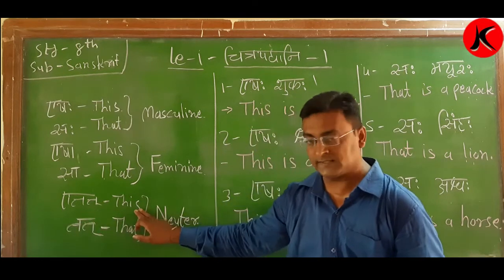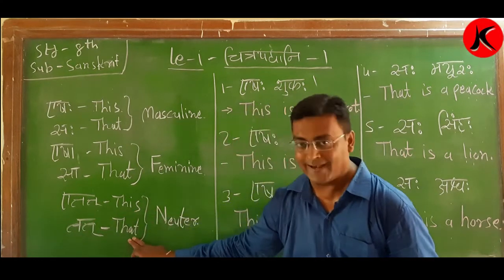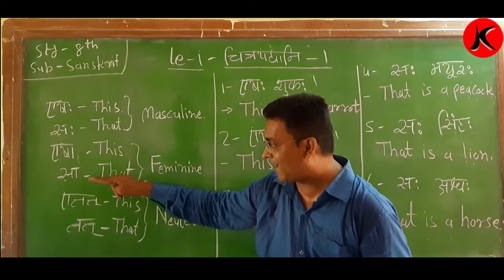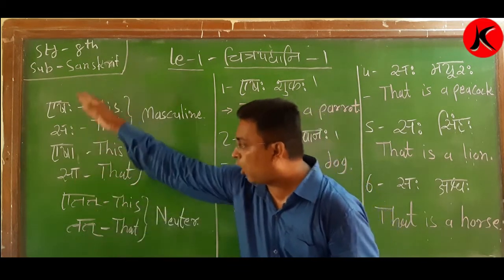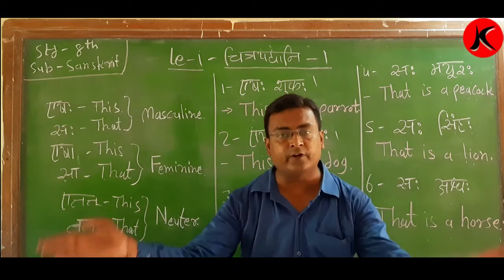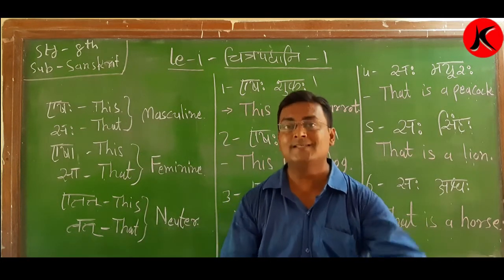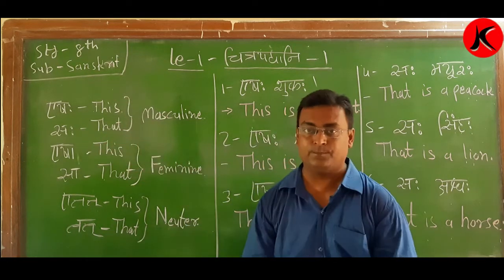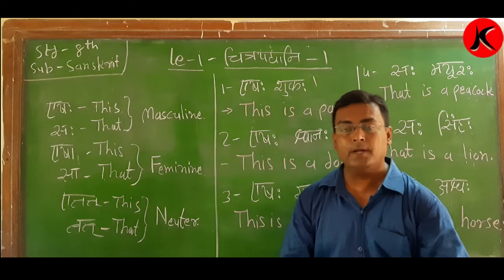Etad means this. Tat means that. These all words are different. But similarly, three words have this and that. Why? Because